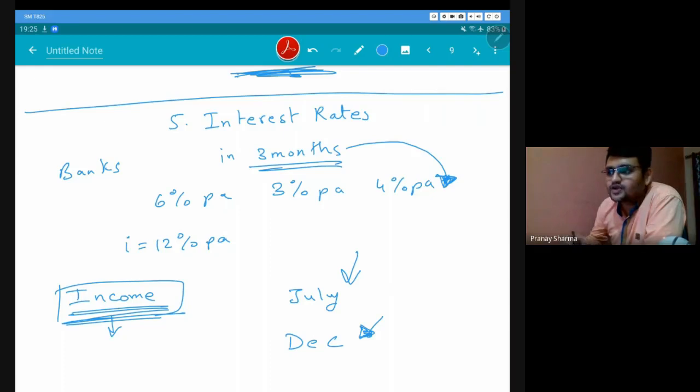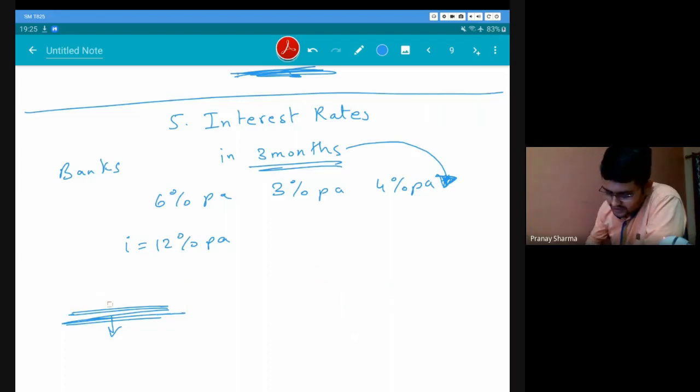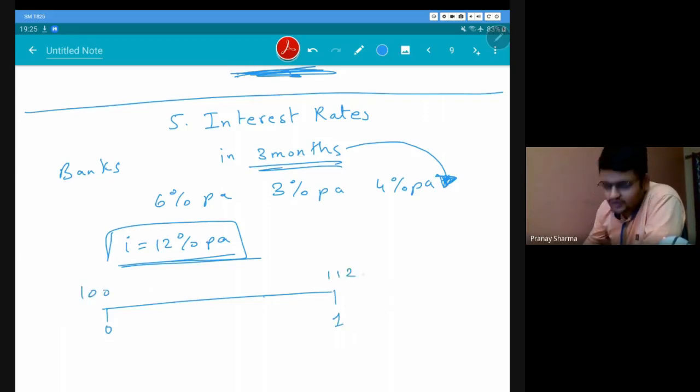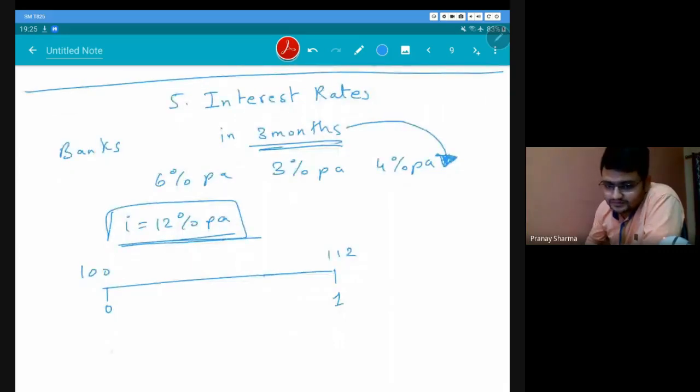So they felt that quarterly interest was the best way of calculation, because at this point in time, again they will be reporting how much interest was paid, and at this point in time also they will be reporting how much interest was paid. So they prefer giving us interest quarterly, that is every 3 months. So if I say the interest rate was 12% per annum, I am saying that from time 0 to time 1, if I invest 100 rupees, I should get 112 rupees. But when I say,